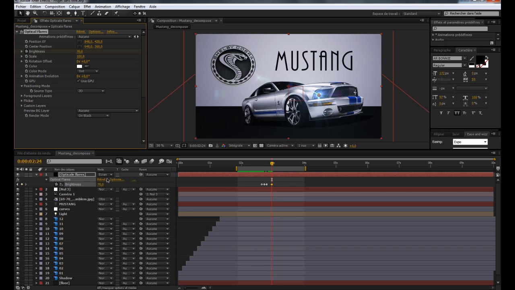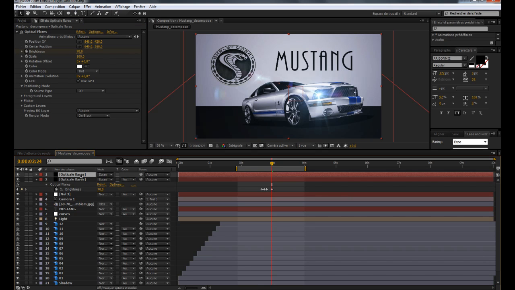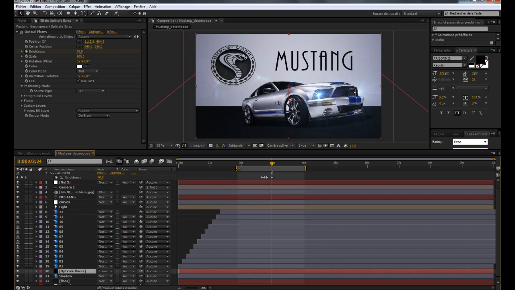Okay, now we're gonna duplicate this layer, duplicate, and change the position, and put this layer on the bottom of the other. And now if we take a preview,